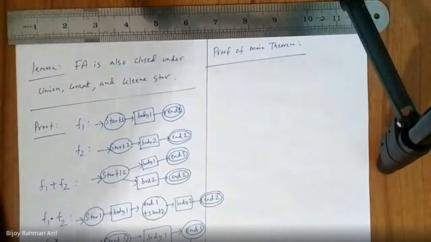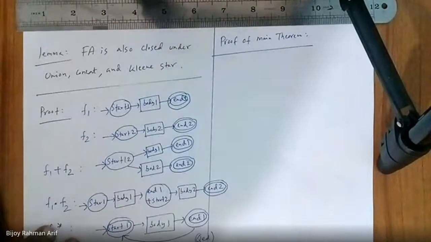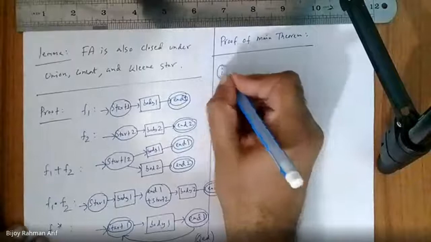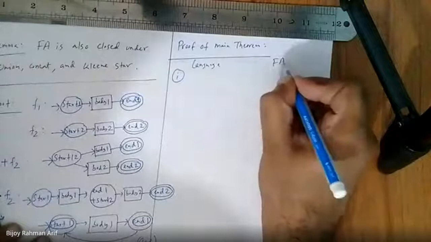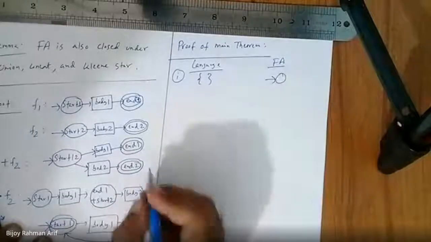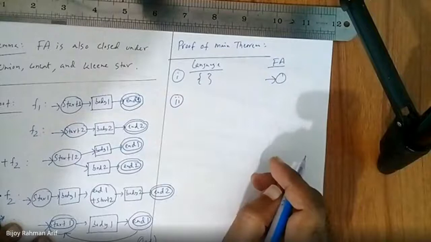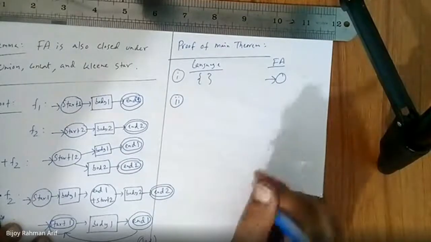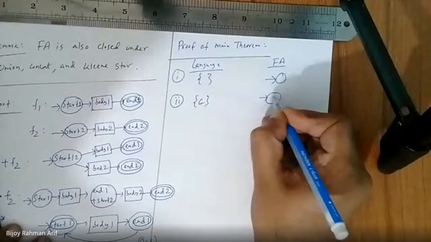Now let's try to prove the main theorem. So how can I prove the main theorem? See, one part I have language, another part I have finite automata. Number one: if my language is empty, I have this finite automata. Number two: if language is epsilon, we have a finite automata like this. Number three: